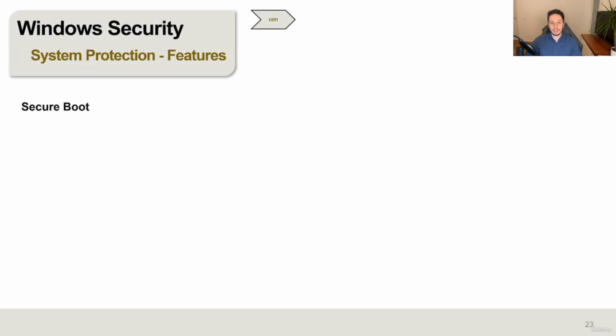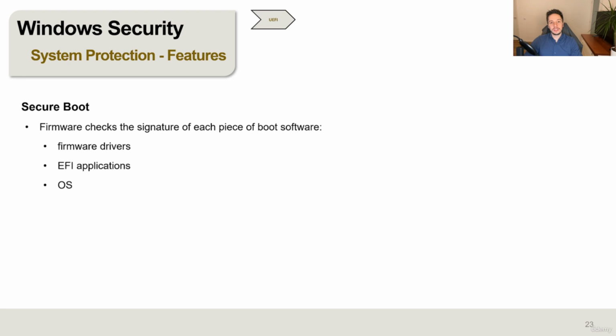The first phase we will be talking about is UEFI. As I already said, we should be using UEFI nowadays because of some security features. One of them, for example, is Secure Boot. Secure Boot basically checks the signature of each piece of boot software. That specifically means it checks the signature of firmware drivers, UEFI applications, and the operating system loader. It's not just checking the signature state, as it did before, but it also checks if the signer of that specific binary or driver